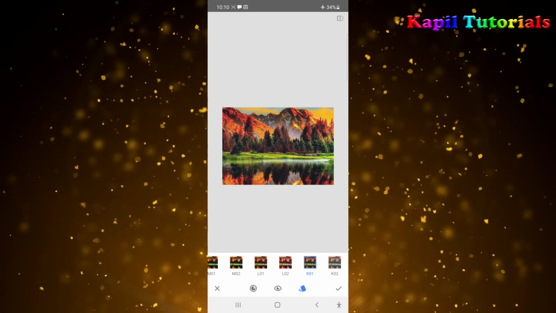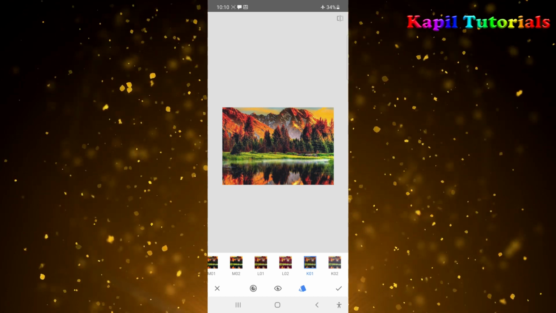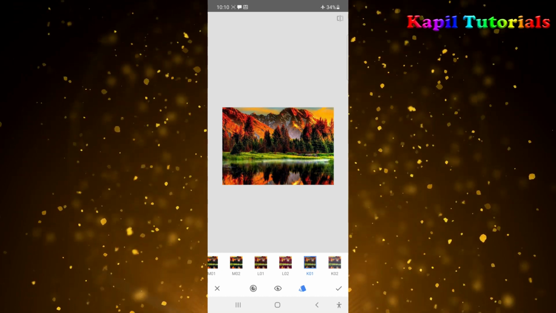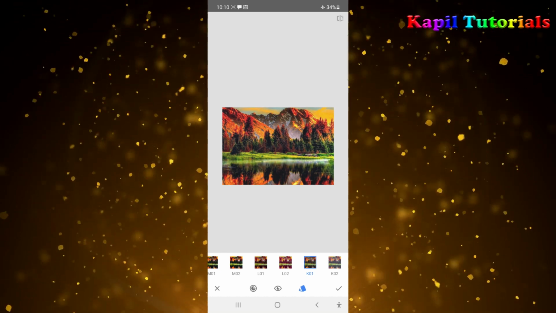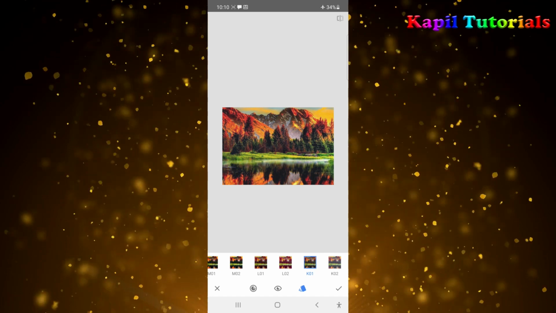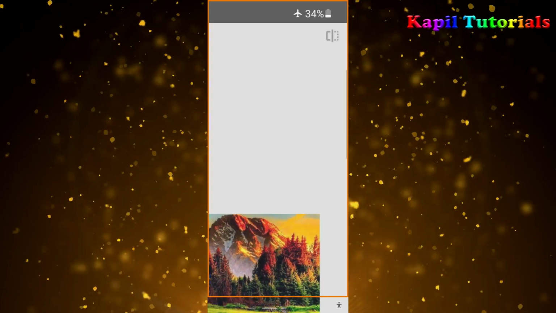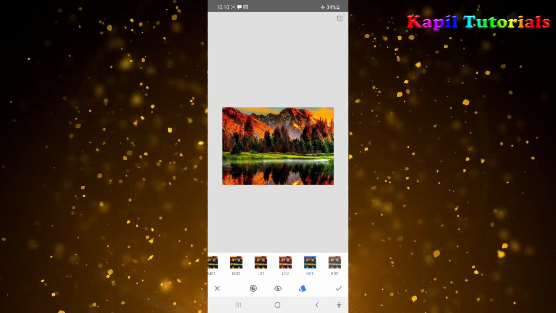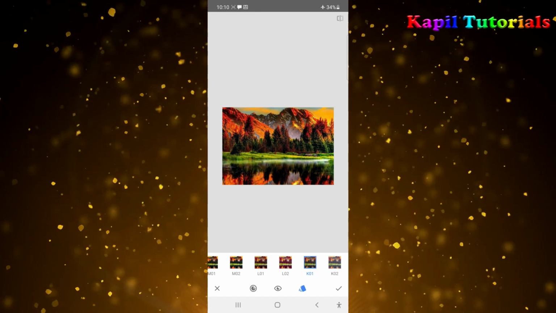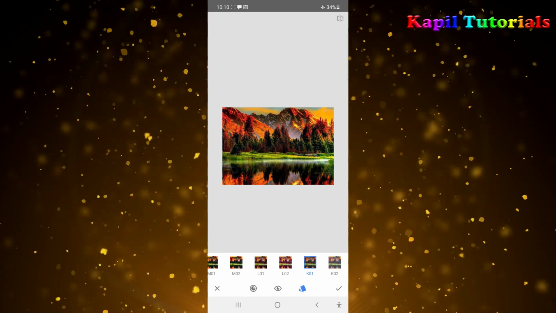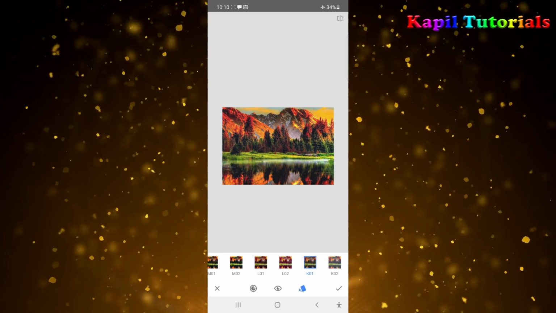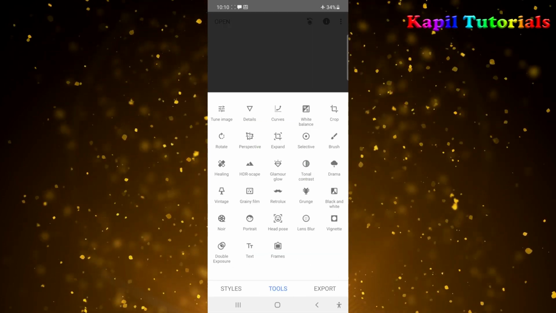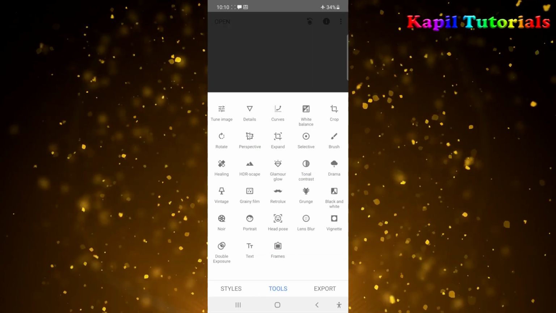Now after this, here also on the top this option is there. If I click upon this option, it will show me the difference what I have done to the original photograph. Okay, so now after this, the next option is